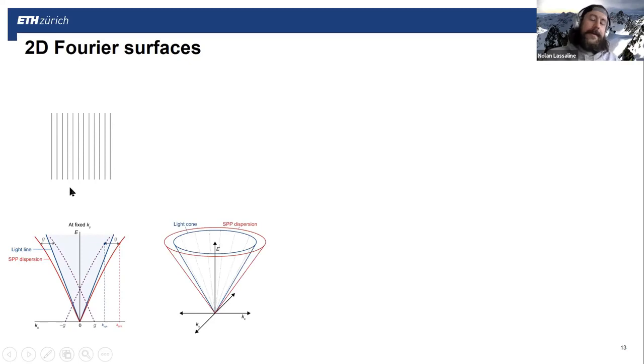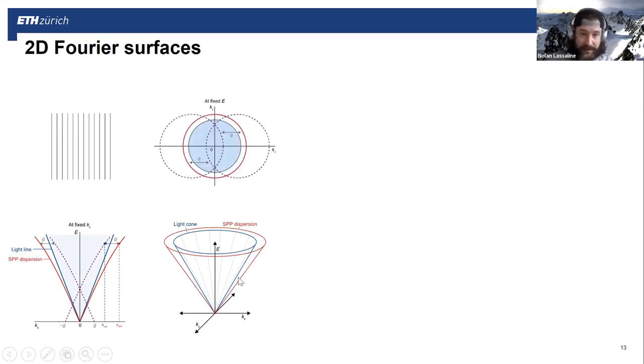But in reality, the total picture looks like this, where a surface has two directions, x and y, and in k-space, this of course traces out the kx, ky plane. And this SPP dispersion actually becomes a cone when you're not looking at this slice. And when you look at this from the top, if you have, again, a single sine wave, it will diffract a circle into your experimental window rather than these lines here. And this is at a fixed value of energy. So we just fix our energy with monochromatic light. We take a slice,